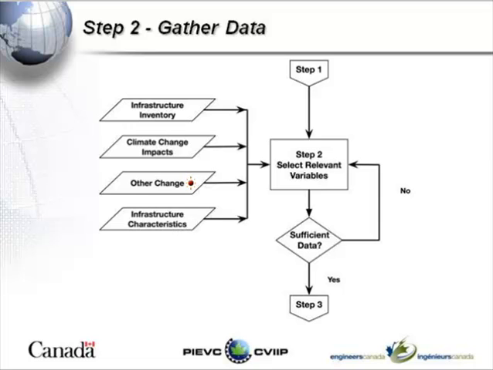So other change, like I said, could refer to population demands increasing on the infrastructure, or normal weathering underway. Or another change effect is within the time frame of this particular piece of infrastructure, we contemplate doing some refurbishment, and that would have an effect on the loads and things that we're looking at. And then we look at other infrastructure characteristics. How does it normally respond to loads being placed on it? So if we have evidence of flooding in the region, how did that infrastructure respond to that flooding in the